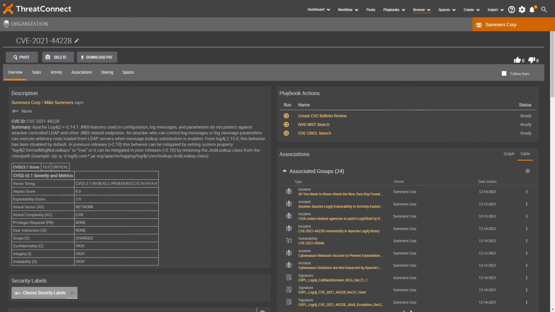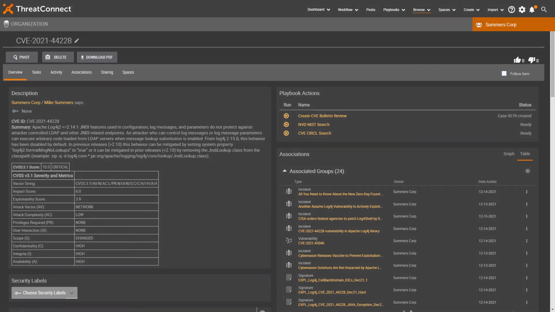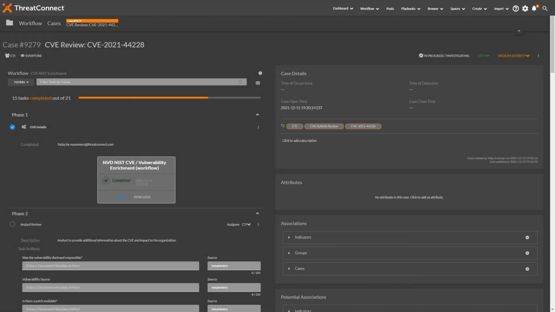After reviewing all the intelligence gathered and making a decision to inform the appropriate stakeholders, we can manually kick off a playbook to create a CVE bulletin review. This utilizes our built-in case management feature and allows for repeatable processes to be created through our workflow templates for your analysts to follow. With the bulletins created,